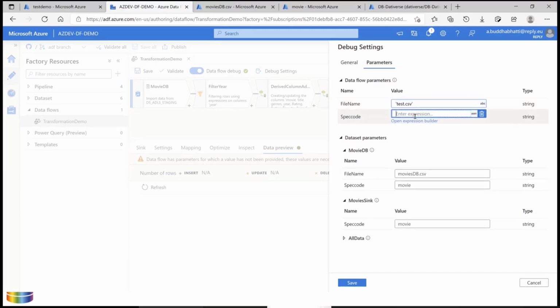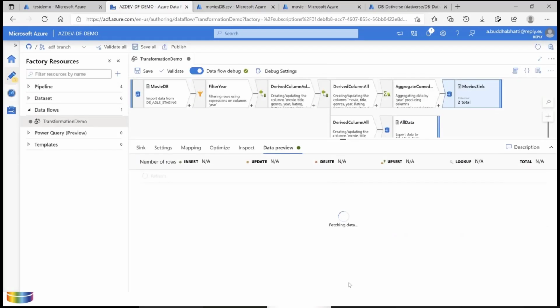And you can type here space for spec code again. You click save, and it will show you a result on the spot. So you don't need to execute that one. For that you can view each and every component here by just clicking on data preview.